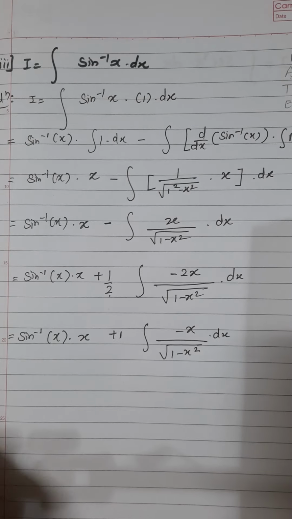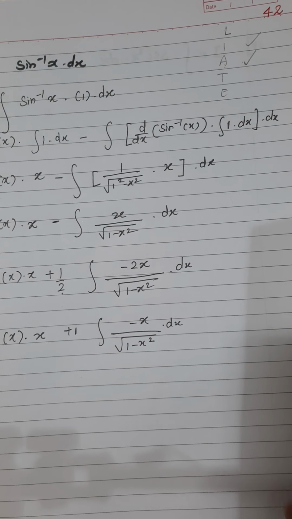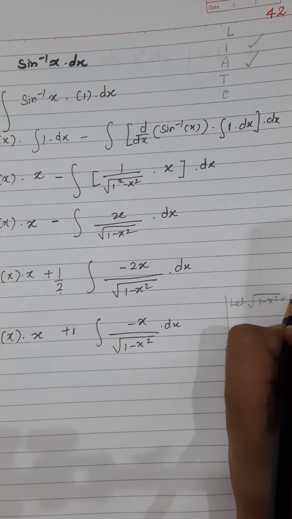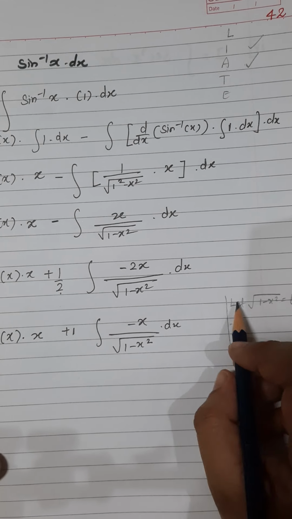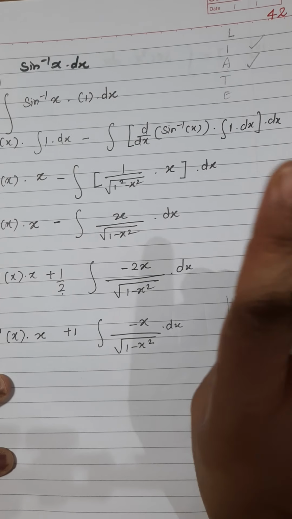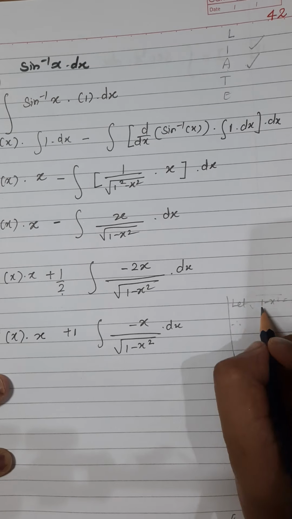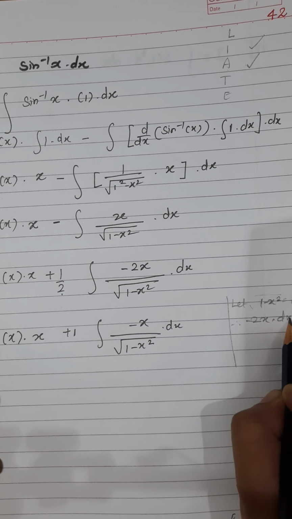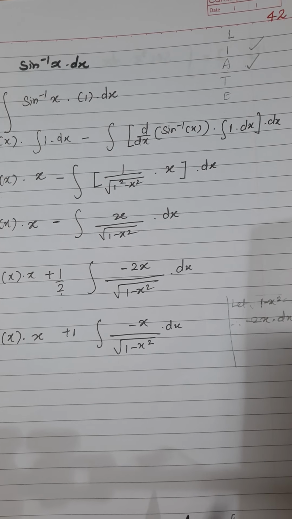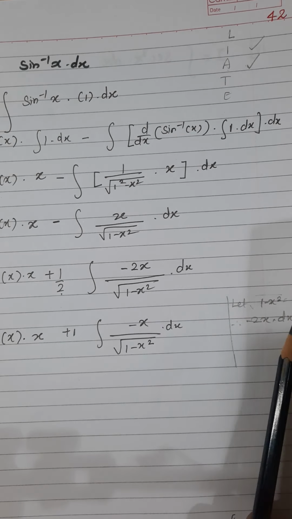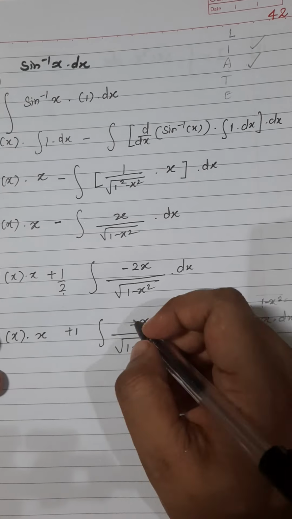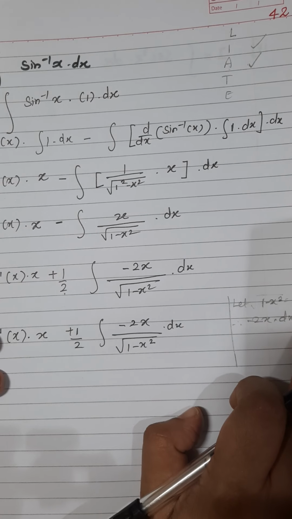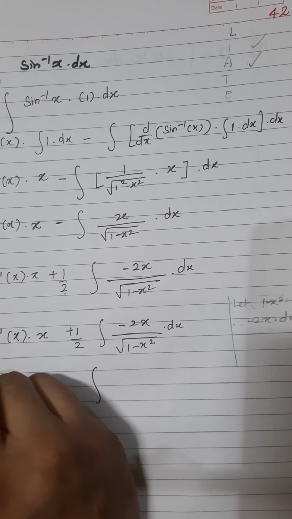Now here we have to do some substitution. I am showing the substitution here. Let root of 1 minus x square as t. Therefore, what is your dt? Not root. Let 1 minus x square be t. So simply this, I am not considering the square root. So minus 2x dx is equal to dt, right? So this was our substitution. Okay, 1 minute. So I am just keeping this as it is, and this is minus 2 only. Okay, so minus 2x dx I am writing as dt. So this becomes, this term as it is,